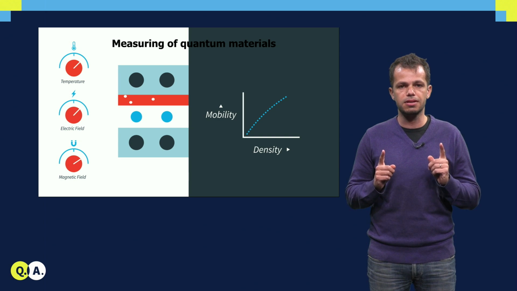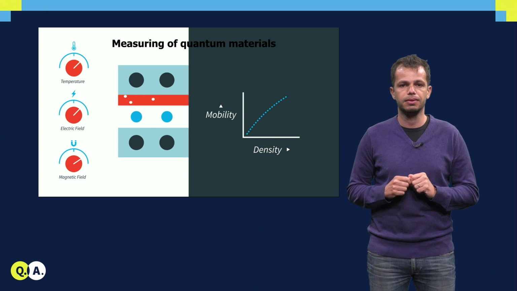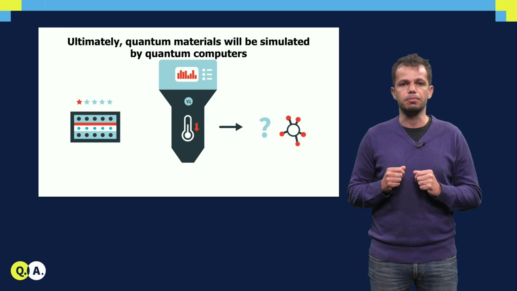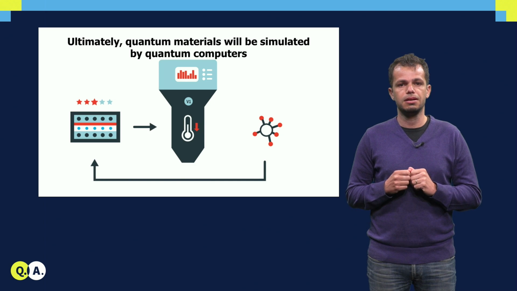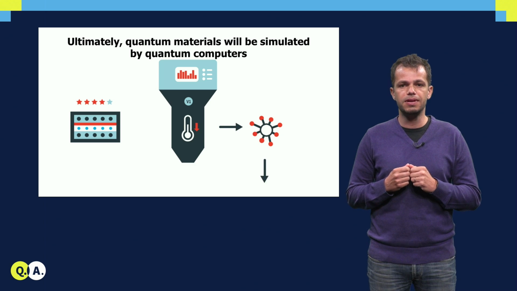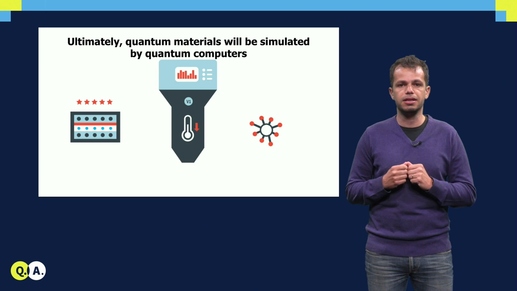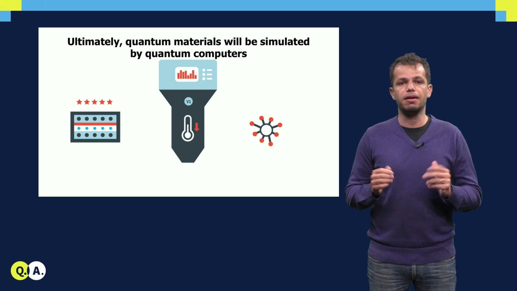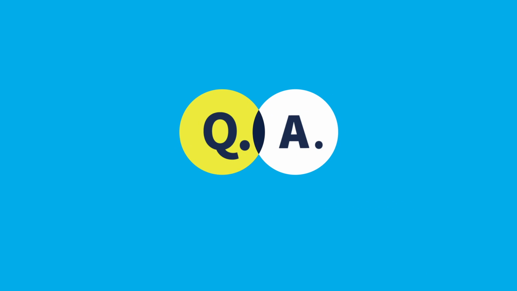Think of the billions of transistors in your laptop. If they were all behaving differently, there would be no chance of having them work for you. And while we are currently optimizing quantum materials to build a quantum computer, ultimately the hope is that when such a machine exists, one of the first uses will be to efficiently simulate quantum systems, fulfilling the vision put forward by Richard Feynman more than 30 years ago. In turn, this will help us understand and build even more complex quantum materials with extraordinary properties that today we cannot even predict.